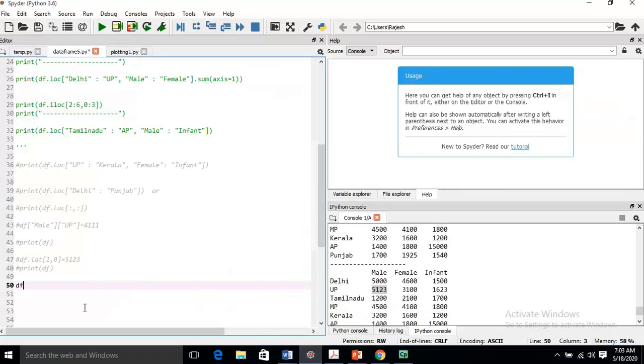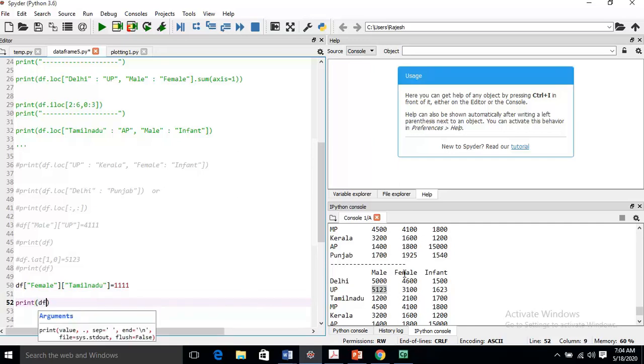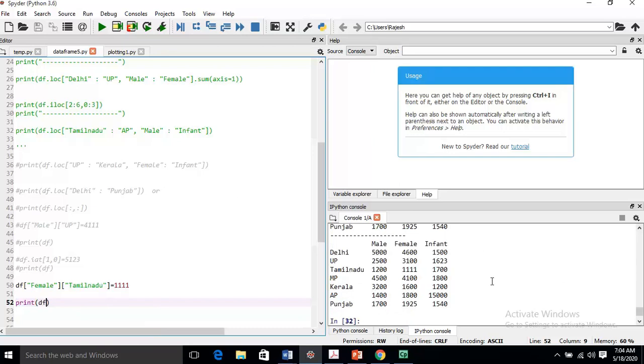Then df dot, first the column is female, then row is Tamil Nadu, equal to 3412, and print df. F5, and you just see the female population is changed. And I will use the same with the iat method.